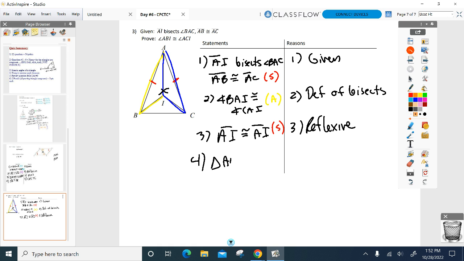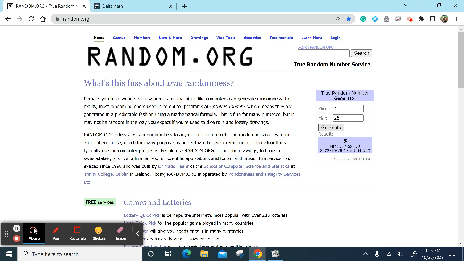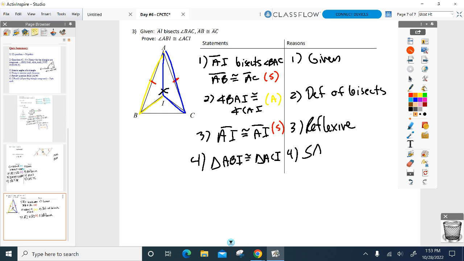Triangle ABI congruent to triangle ACI. I only have 4 methods. We're not writing CPCTC here. We only have 4 methods. Which one is it going to be? Side angle side. Good. And now the triangles are congruent, so are its corresponding angles, angle ABI and angle ACI,